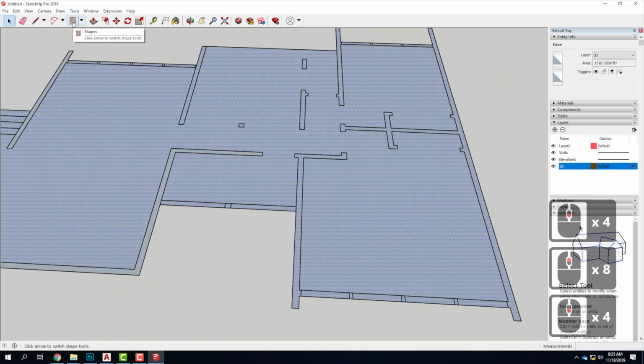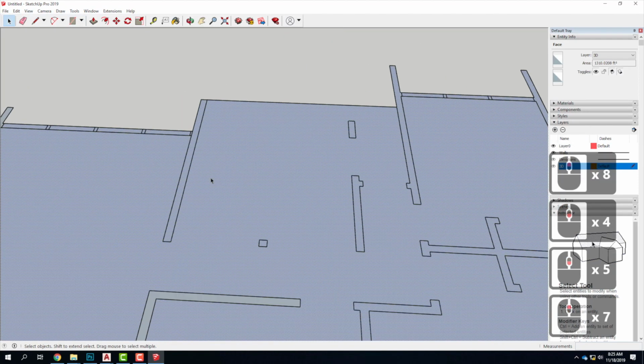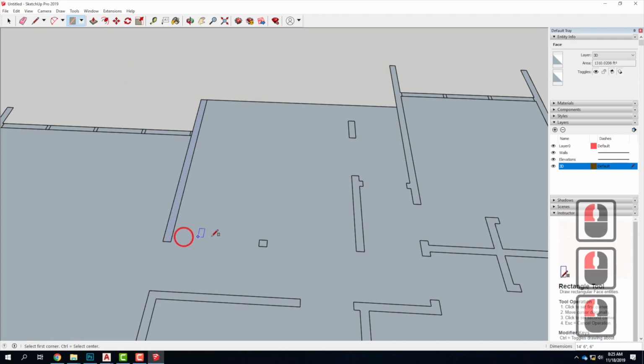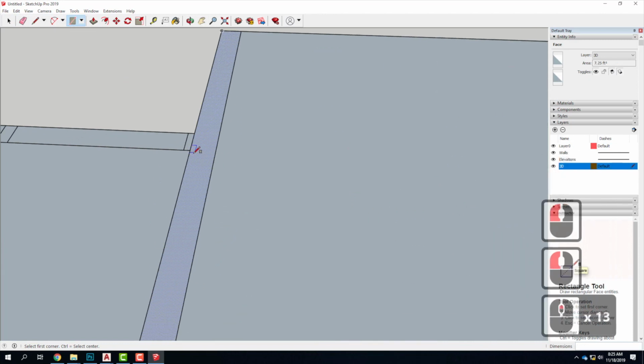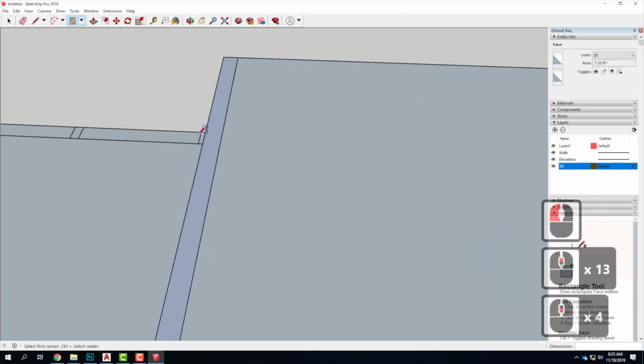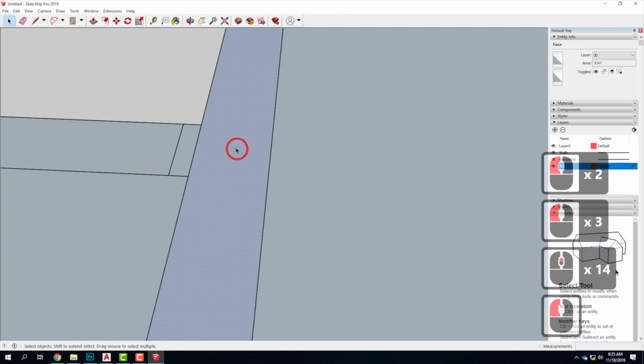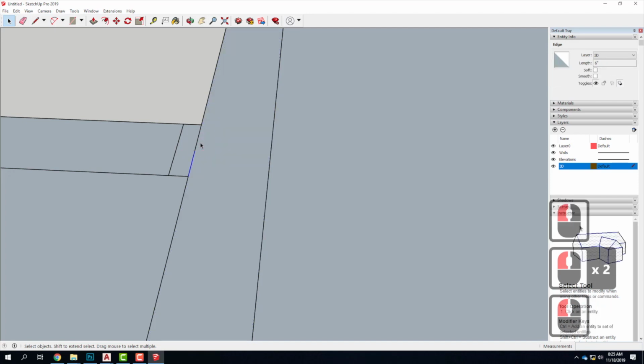Now the other thing that you can do, on a wall that's more simply shaped, is use the rectangle tool to draw the rectangle over the wall to separate it. In that case, my wall also includes this little piece there, so I could divide it so that that's separate. The other thing about the way SketchUp works is if I delete a line segment that's in between two surfaces, so if I delete that line segment there,